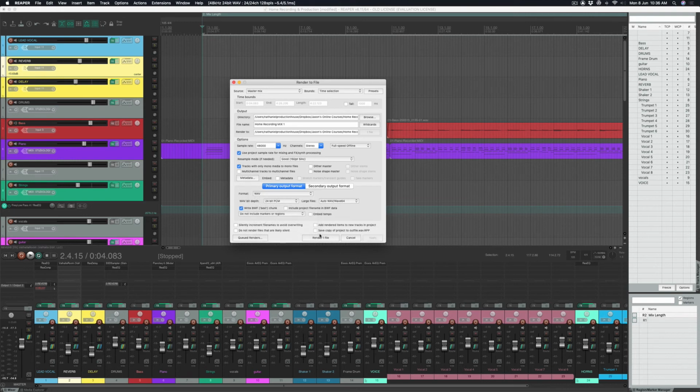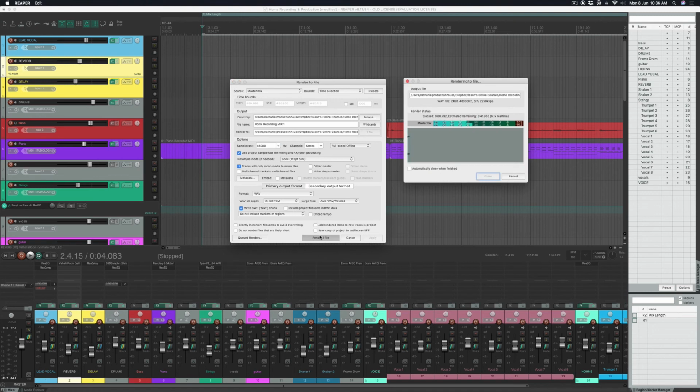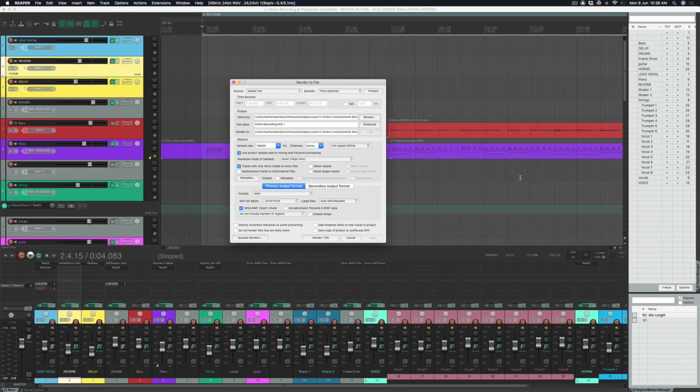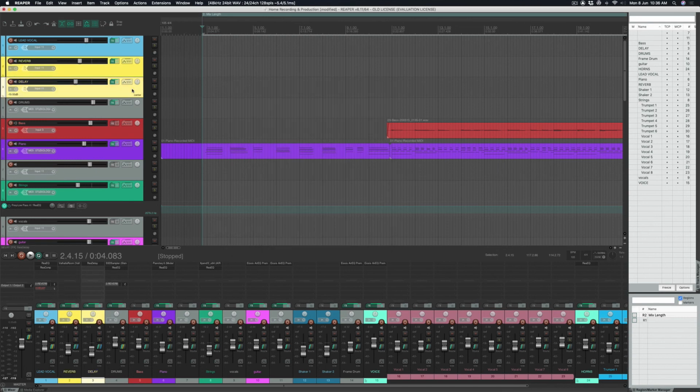Once you hit render, it takes a little bit of time, and after it renders, it's going to put a file in that particular folder, which you can then share with your friends. I'm just going to cancel it for now, but you get the idea. It's rendering. Okay, so there are a few more advanced things about rendering, but first get the basic idea in mind. You want to be able to get an MP3 out or a WAV file out, release the song on the internet,